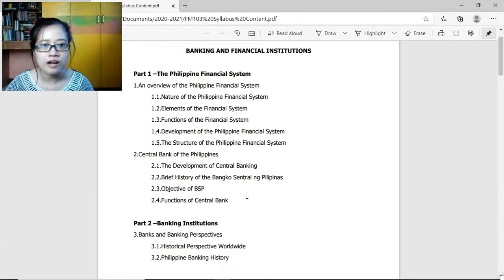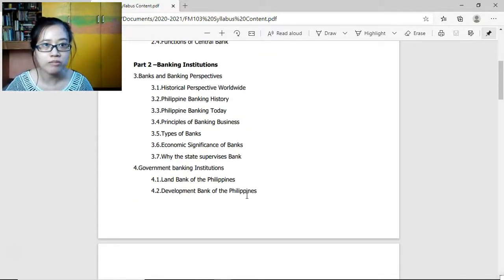Okay. Second part, we have the banking institutions. Basically, the Bangko Sentral ng Pilipinas, they are monitoring and supervising all the banks and non-bank financial institutions in the country. So the second part would be the banking institutions. Topic number 3, we have banks and banking perspective. So here we're going to discuss the historical perspective worldwide, and then the Philippine banking history, and then the current